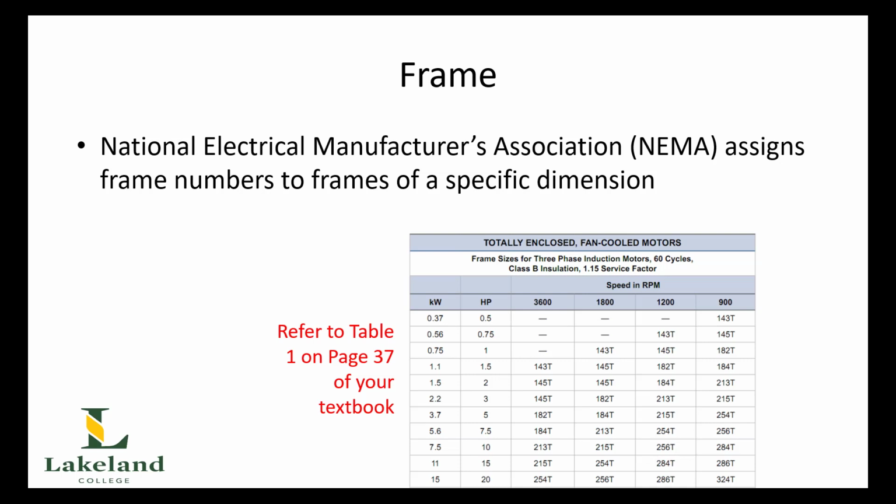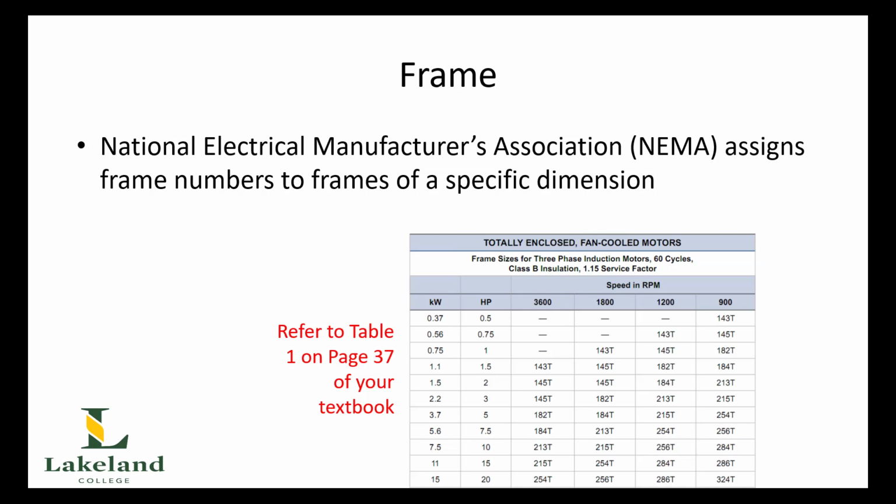Now, this rating system comes from something called NEMA, and NEMA is an acronym for the National Electrical Manufacturers Association. So looking at this table on page 37 in your textbook, let's say, for example, that we wanted a 10 horsepower motor that would be suitable for rotating at 3600 revs per minute. If you look down the horsepower column, you can find 10, then read to the right until you find this 3600 column, and you will see that that motor would have a frame size of